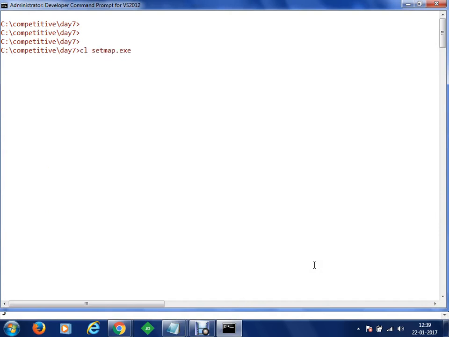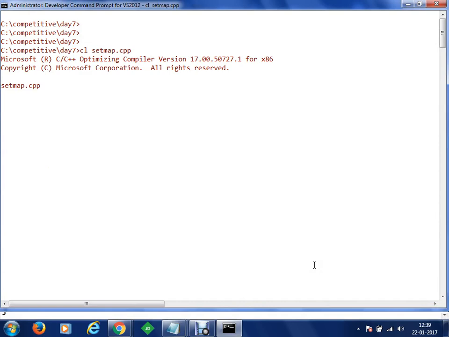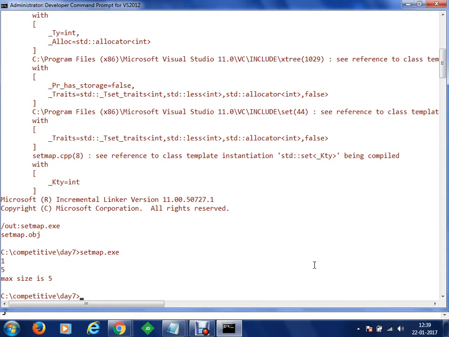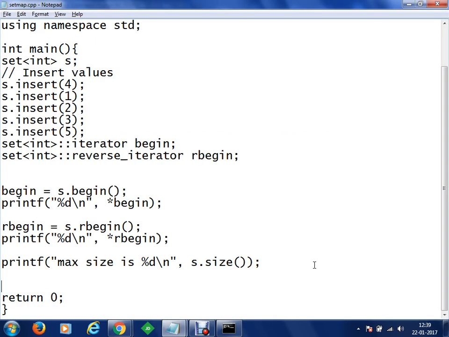cl setmap.cpp. मैक्स साइज वैसे मतलब साइज तो रिटर्न कर रहा है इन द न्यूमरल्स, बट मैक्स साइज में ही इज आउटपुटिंग द एड्रेस. डायनेमिकली अलॉटेड है. 5 ये है ना, 1 2 3 4 5 एलिमेंट्स आर स्टोर्ड, सो इट डिस्प्ले नहीं, तो वो नंबर ऑफ वैल्यूज बता रहे हैं कितनी हैं.